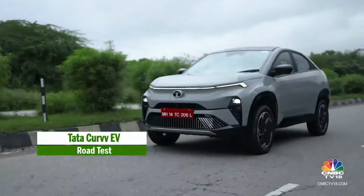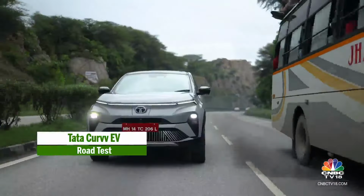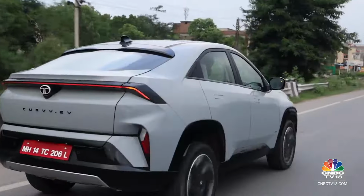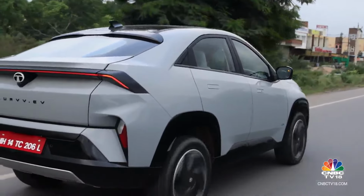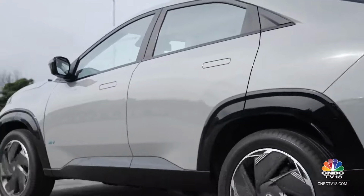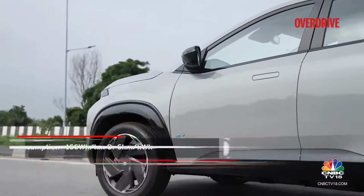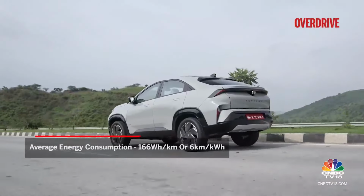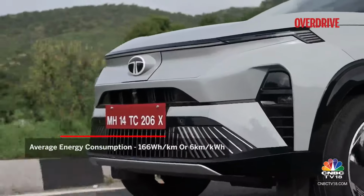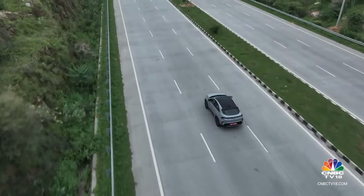Speaking of range, our 90-kilometer drive included 25 kilometers of highway cruising at 100 to 120 kilometers an hour and 65 kilometers of city driving at speeds between 5 to 55 kilometers an hour depending on the flow of traffic. We depleted around 30% of charge in this distance with an average energy consumption of 166 watt-hour per kilometer, or 6 kilometers per kilowatt hour for easy calculation, which is right up there with the likes of the more expensive